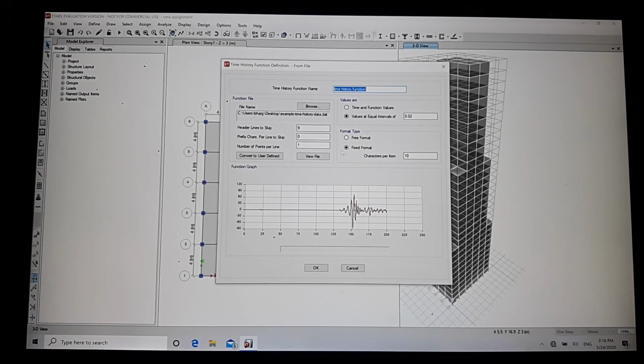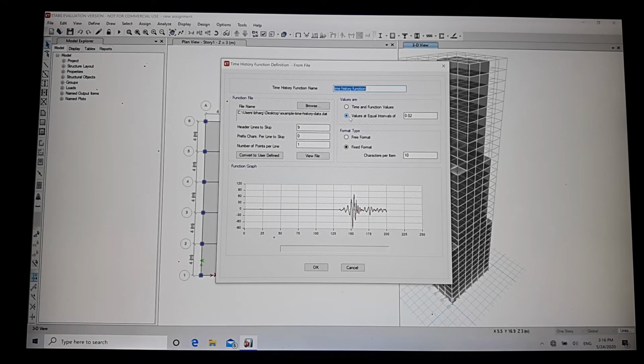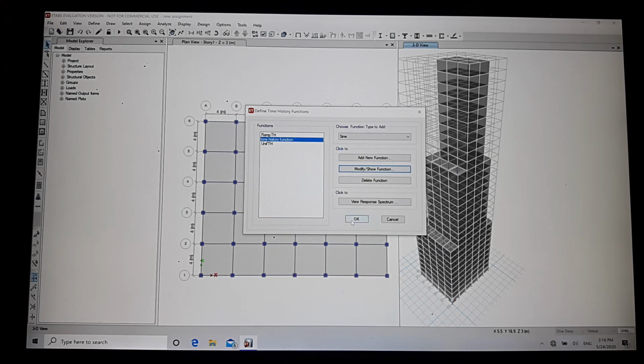Enter the data as per requirements and browse the file and then click on OK. Then once more click on OK.